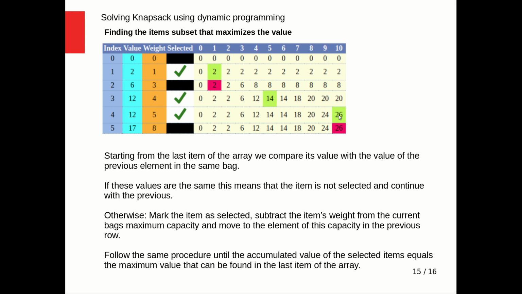This means that the item with index 4, which was added in the optimal combination, we mark it with a check mark, as we see here,